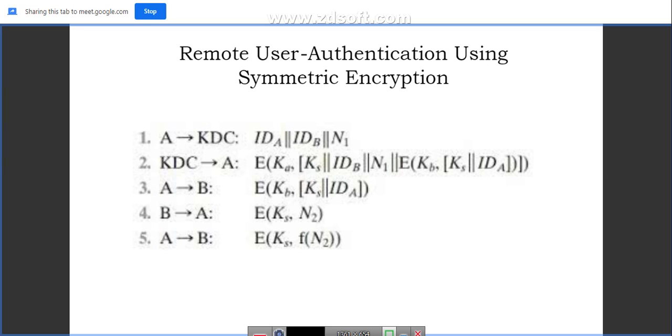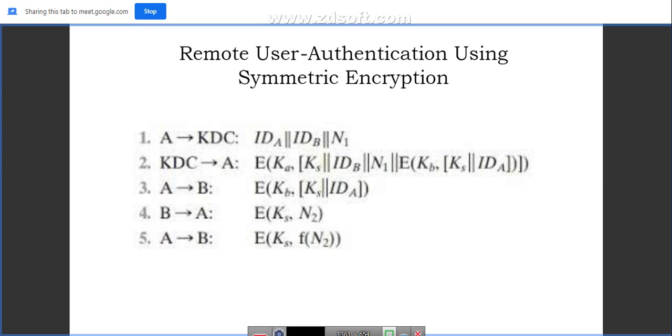So you need to know all the terminologies used in this equation, like KA and KB, which are used in the second equation. KA and KB have been shared with the KDC. KA is known only to A himself and the KDC, and KB is known only to B himself and the KDC. The purpose of this set of exchanges is to distribute KS securely. How to distribute a session key between A and B using the symmetric encryption technique?